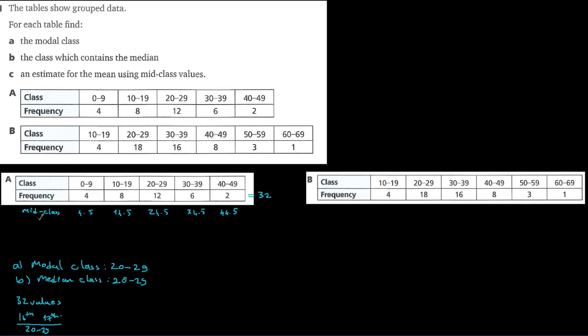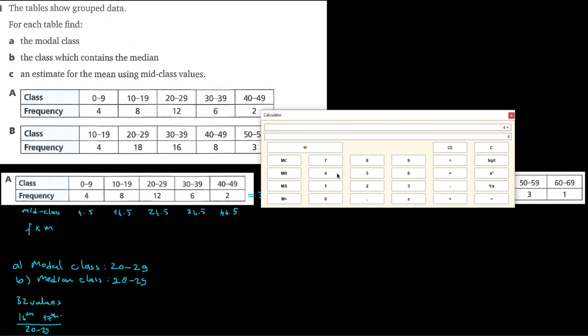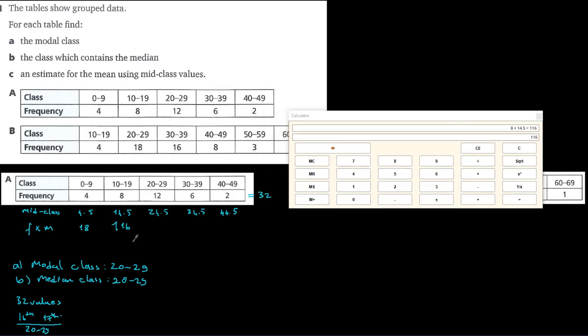So the mid-class value is 4.5 here. And if you want to find the sum, if you remember, firstly add the frequency times mid-class values, which is 4 times 4.5. I'm going to use a calculator for this one. 4 times 4.5 is equal to 18 here. And if we continue like this, the sum of these numbers is 724, and if you divide by 32, 724 divided by 32, it's going to be equal to 22 point